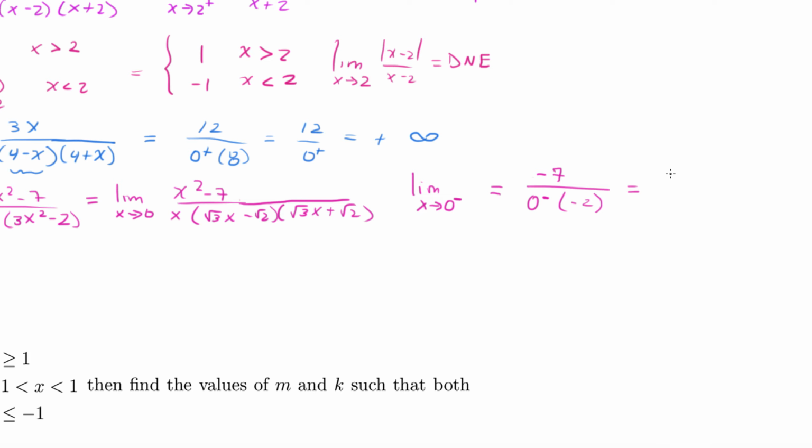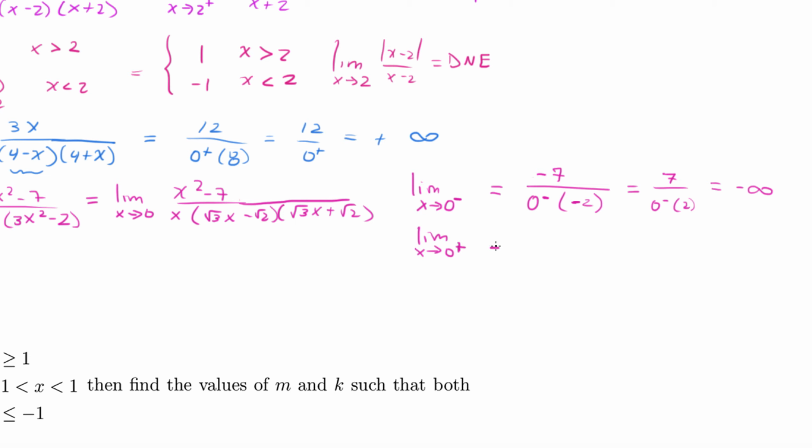But 0 from the left is going to be negative infinity, but negative over negative makes, wait, so this is negative 2. So, okay, this is going to be positive 7 over 0 from the left times 2, which is going to be negative infinity. Then 0 from the right,